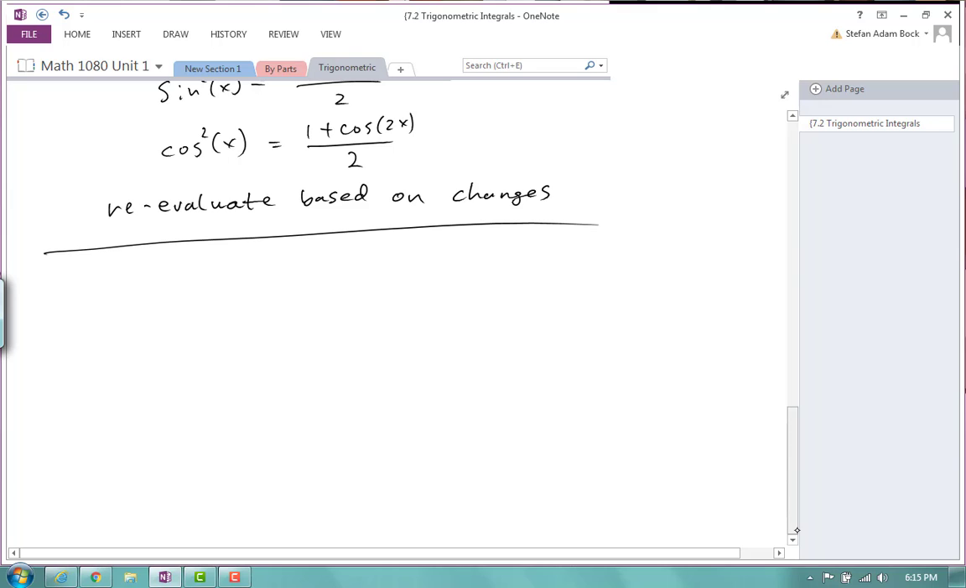So let's do one where they're both even. We'll find that it actually turns into literally every other problem. Let's have the integral of cosine squared of x times sine to the fourth of x dx. So, if we try one way, where we just substitute everything immediately,